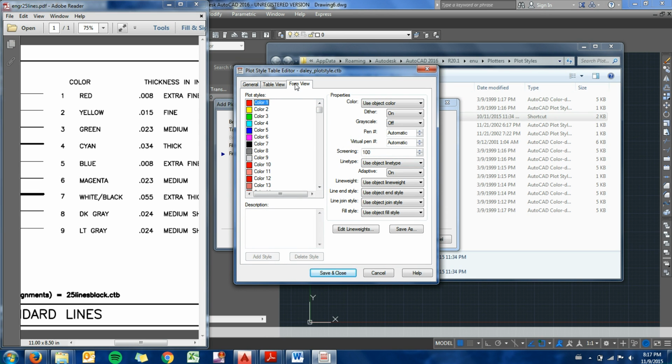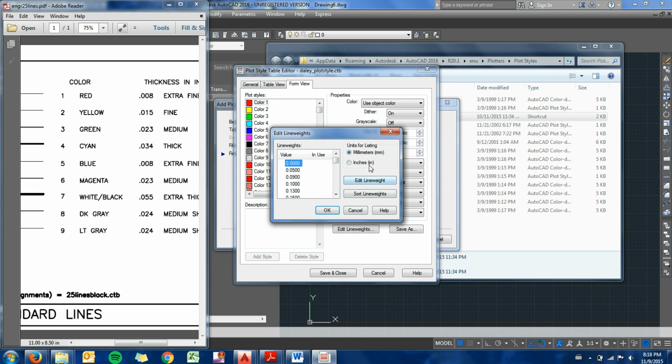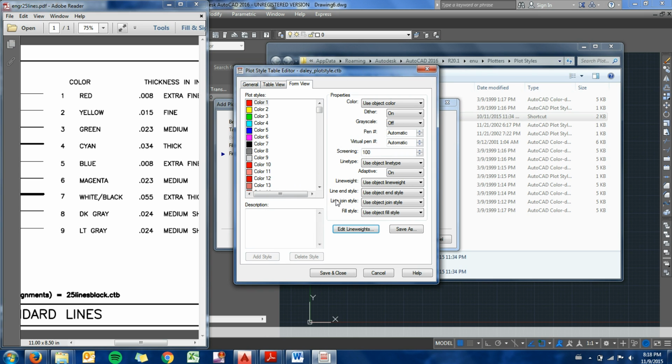So we can go ahead and just stay in the form view for what we're working on here. So the first thing that I'm going to do is come to the Edit Line Weights button, and I'm going to change my units for listing to inches and hit OK. I think that should stay the same for all of the first 9 colors that we're going to be editing